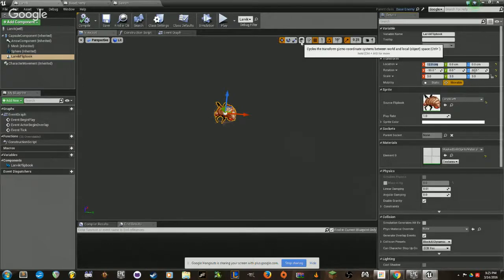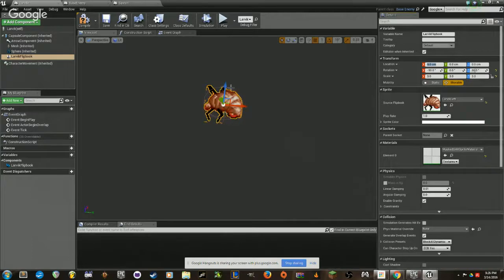So why does it have a location? It doesn't need a location. Oh, that's why. It was 12. Yeah, I set it back to 12. Okay, that's to make sure that it wasn't sinking underneath the floor. So anyway,